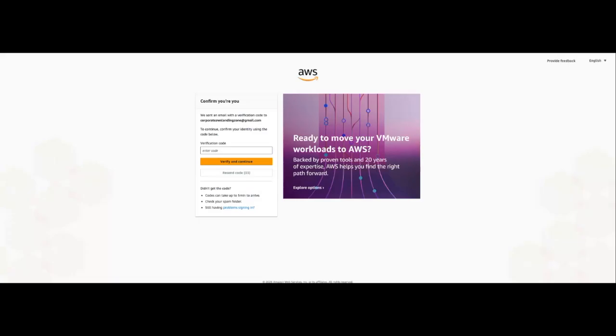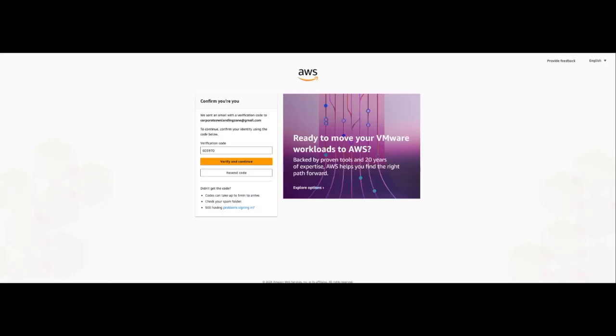And also sometimes AWS does a dynamic check by just sending an email verification. In this case, this is an email verification, not necessarily an MFA. MFA is something that we would set once you log in and set up your organization. I'm just waiting for my verification email. And I think we got it. So we'll just key in your verification